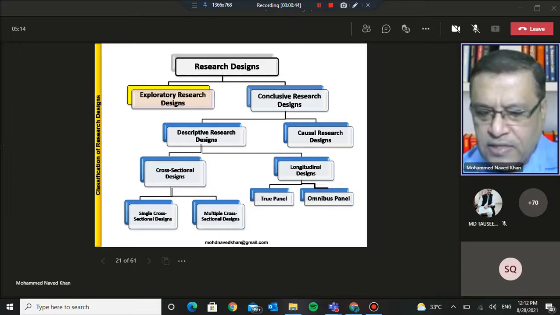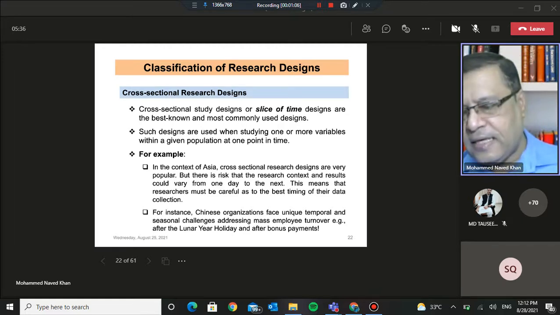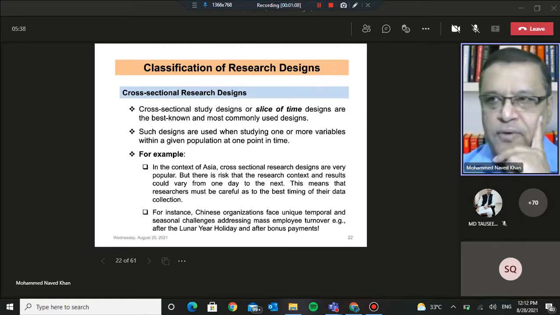So next we will see that we discussed cross-sectional designs, and in that, if you recall, I shared with you that cross-sectional designs are nothing but slice of time designs, in the sense that they give us a snapshot view of things as they existed at a particular point in time. Another similarity you can draw is with the mobile phone cameras that we have.